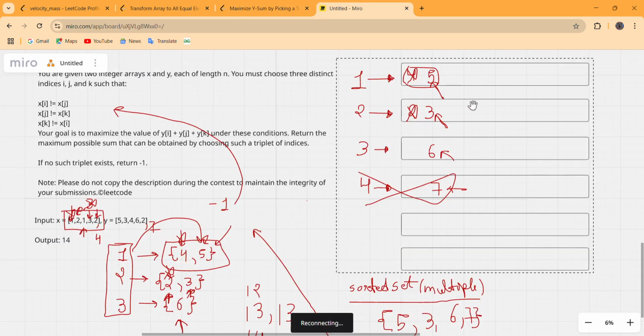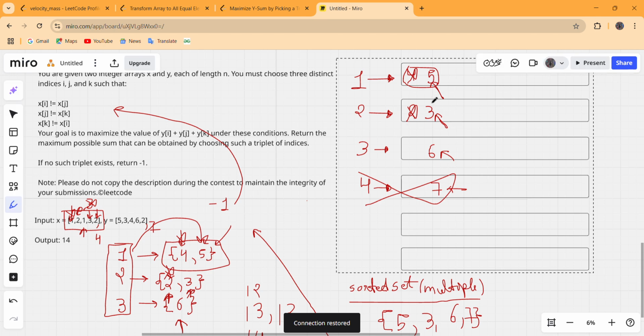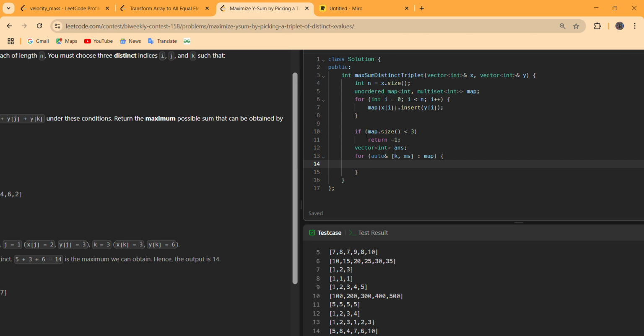For every multiset, we only need the last element, and we know that the last element for every multiset is the greatest element that can contribute to our answer. So we just need that last element, and for that last element we have a reverse iterator.